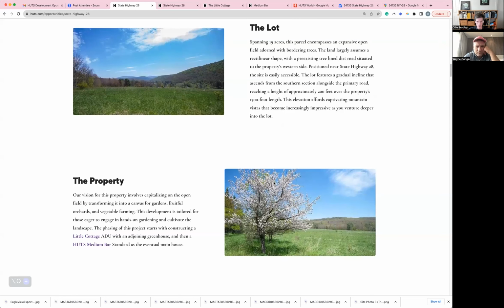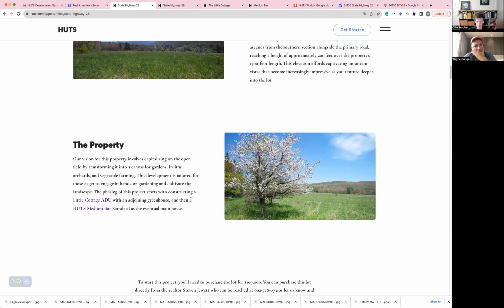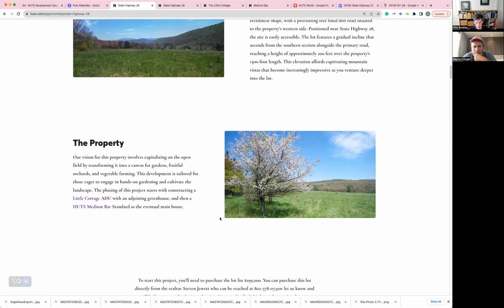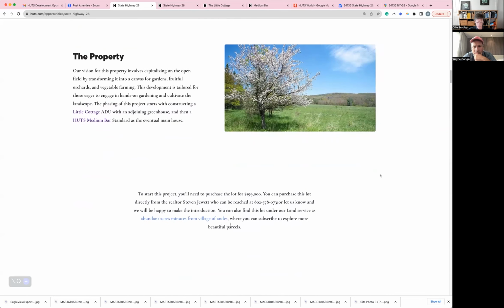So for this property, when you can start to see these images here, we're imagining putting a Huts medium bar as the main house, which is sort of a very efficient standard, but has a 3 bedroom standard, and then a Huts little cottage, which is the smallest of our ADUs, and a really efficient piece. So this lot is listed at $199,000 from the realtor Stephen Jewett, and you can also check